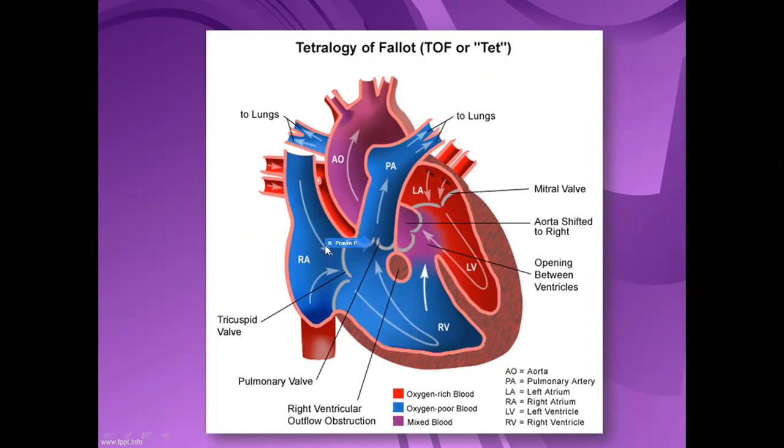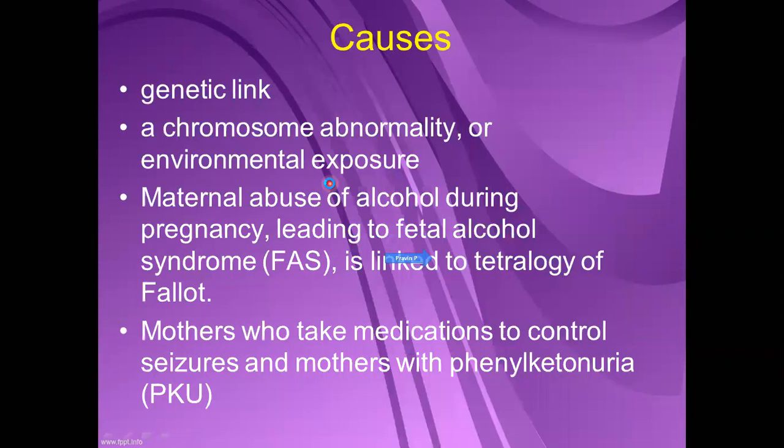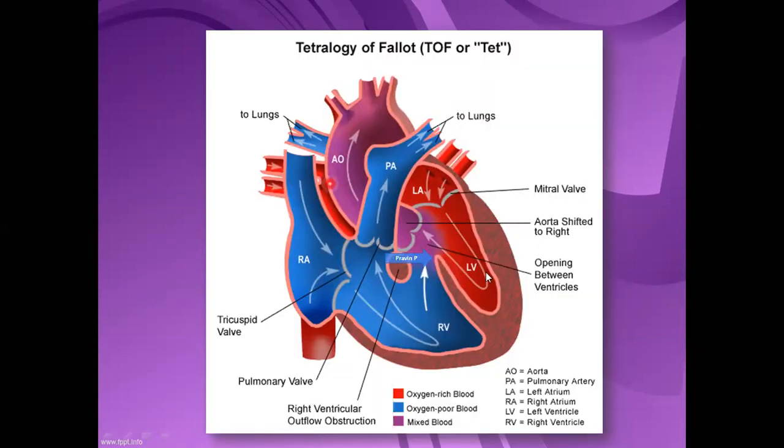Moving on to the second one. The second one, here is the ventricular septal defect. You can see this position where the ventricular septal defect is present. So due to this, what happened? Here the blood will easily get mixed from the left ventricle, from the higher concentration towards the lower concentration. So some of the blood will come and flow over this area.